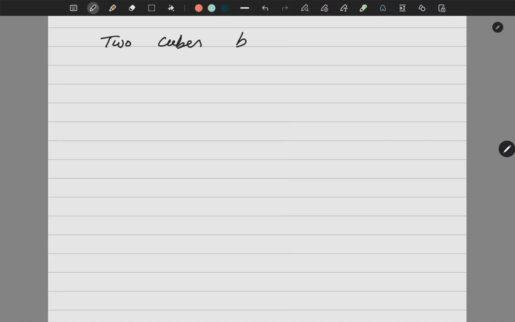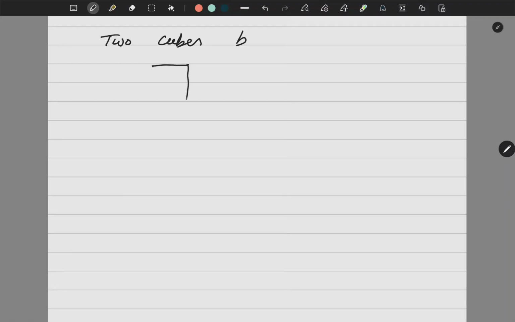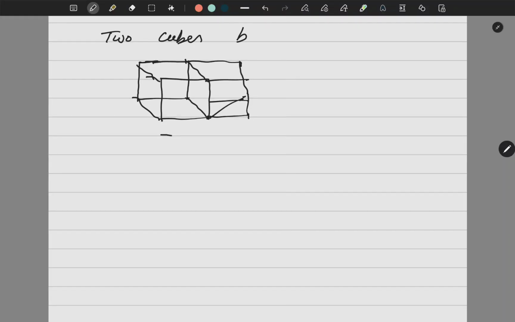Or will it be a cube or cuboid? So understand one thing when I am talking about a cube. I have a square like this, and I am placing one more cube next to it like this. I may not be able to draw the perfect figure, but for understanding it's fine. So now I have two cubes, and each cube has a side B. So what is the total length now? Total length is 2B.